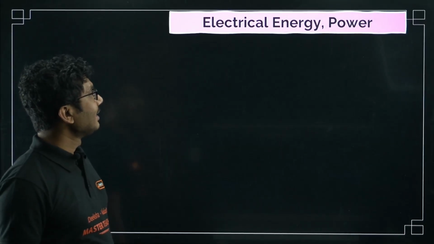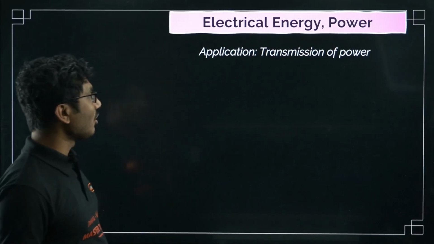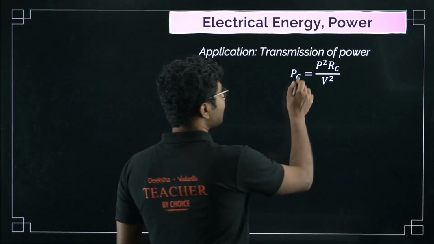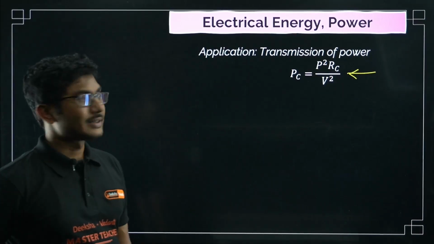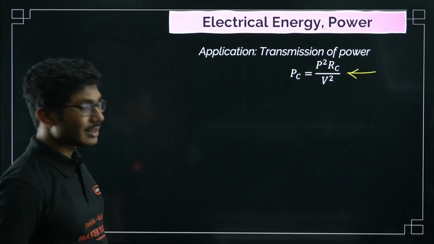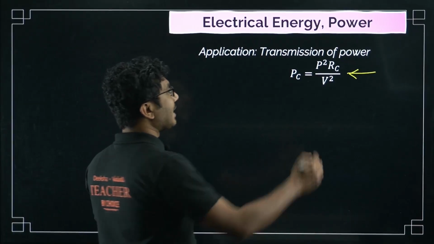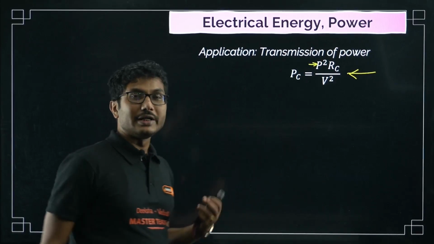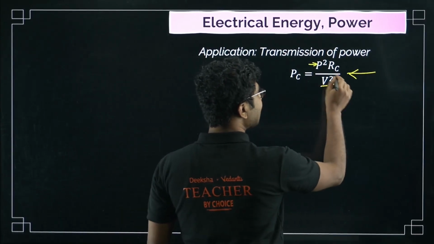Now the next part is, where do we use this transmission of power? So when power is transmitted, the transmitted power loss formula is given by P squared times R_C divided by V squared. So the higher the voltage, the less power is lost. The supplied power is actually constant. R_C you cannot reduce below a certain value, but what you can do is increase the voltage